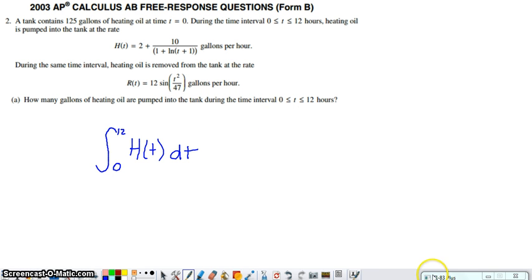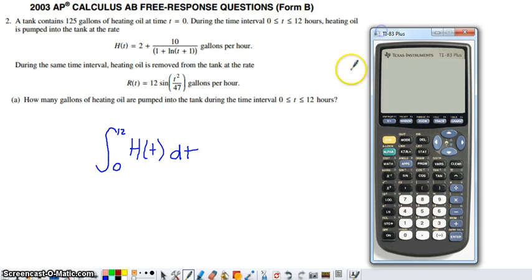Now this is definitely a calculator problem, so I already have my calculator ready to go here. I have h of t in as my y1 equation, and this is just the standard viewing window. And if you're interested in doing an integral from the graph screen, the one thing that I want to make sure you're aware of is if you go into the calculate menu and you grab this integrate feature, the 7th option,